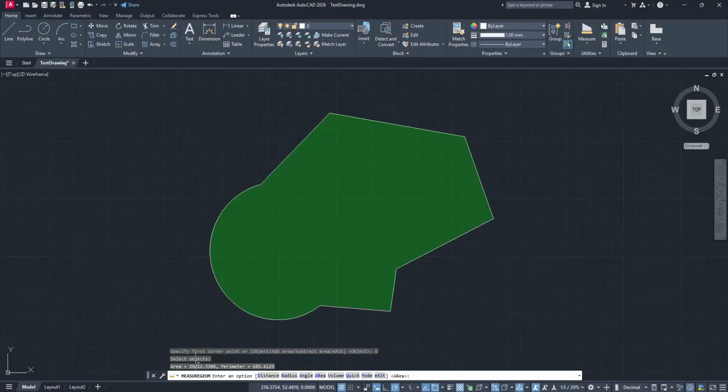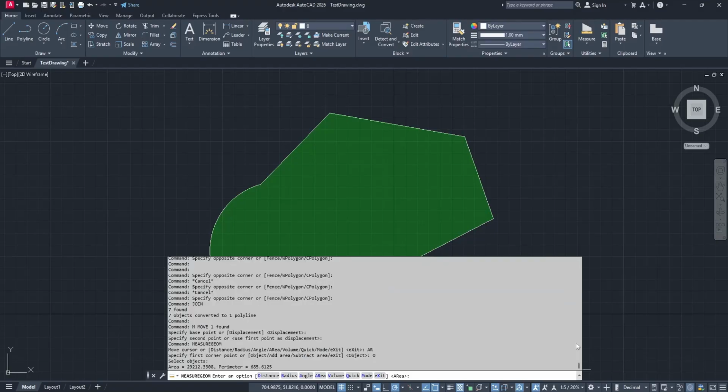If the command line is too small to read comfortably, you can expand it slightly upward so the full measurement details become easier to see. From there, you can also copy the values if you need to paste them into reports, spreadsheets, or project notes. One important thing to remember is that the shape